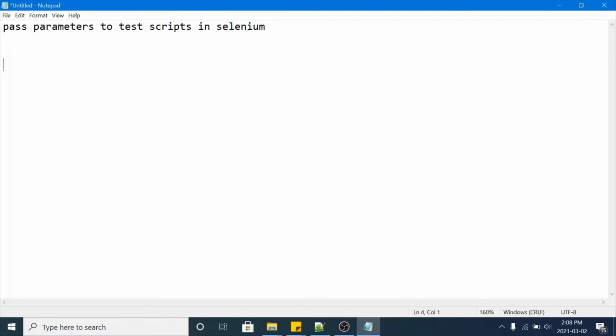Okay. So in Selenium, there are two ways to pass parameters to your test script. You can pass parameters to your test script as well as TestNG annotations. So there are two ways. One is using testng.xml file, and second is using data provider annotation.